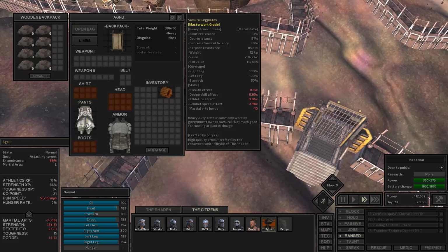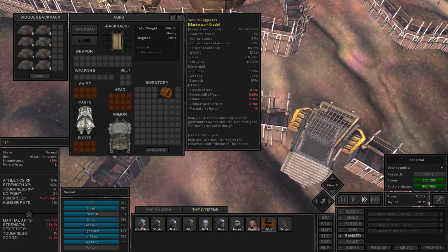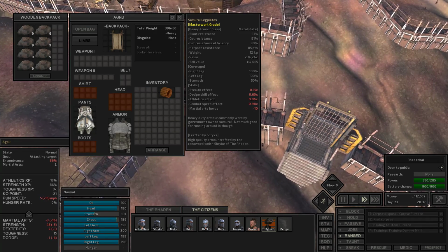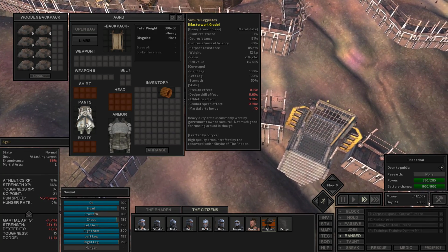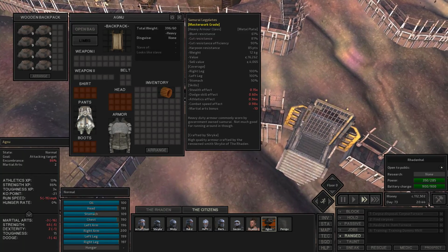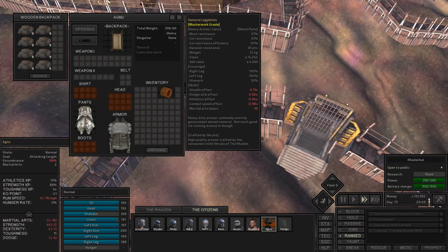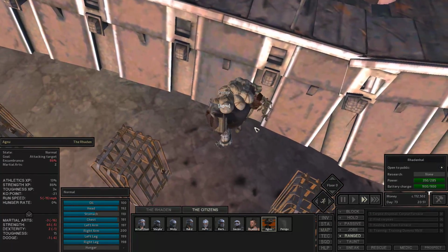going that route. So looking at Masterwork Samurai leg plates, the blunt and cut resistance is incredible. It even covers some of the stomach, but it makes you not be able to dodge. And then it really hurts your martial arts bonus. Now, the beauty of hurting your martial arts bonus is it actually will...